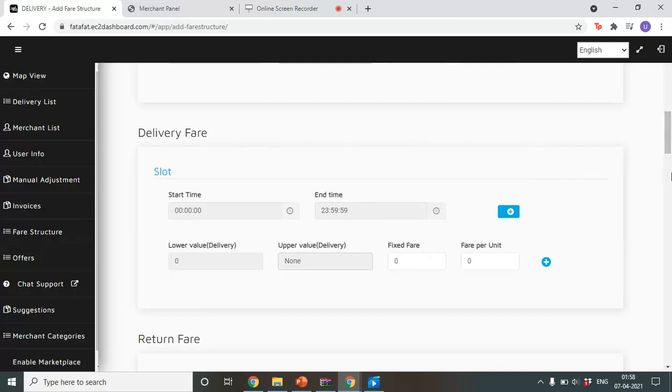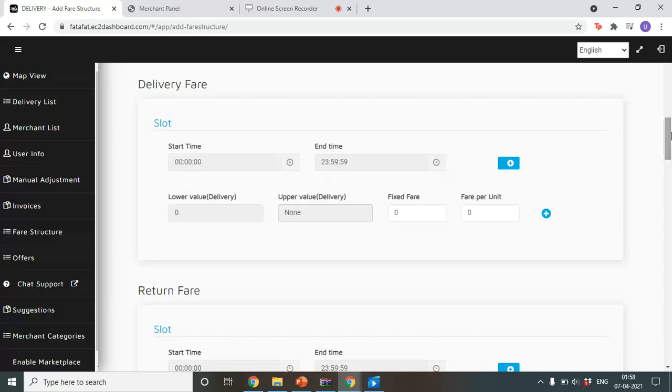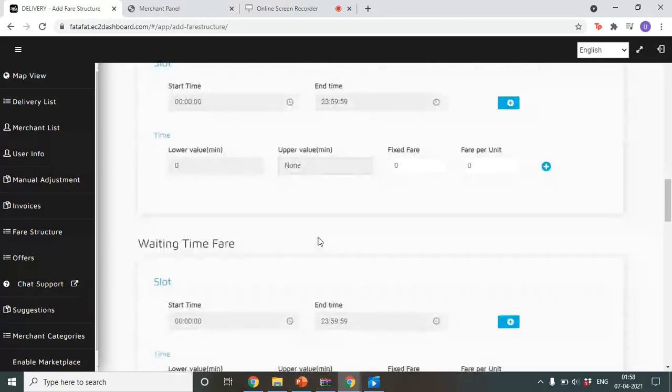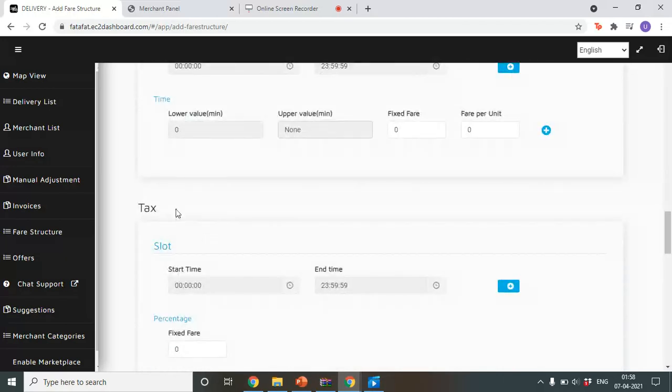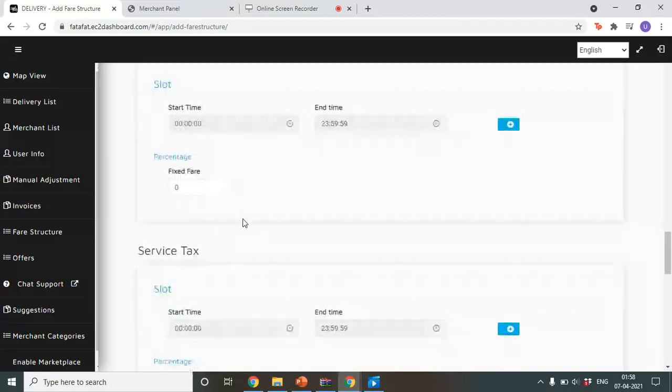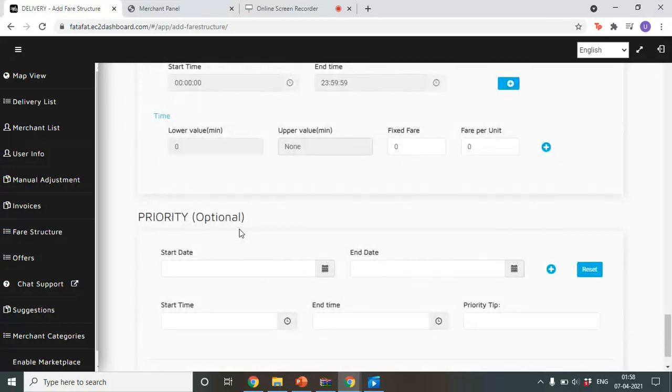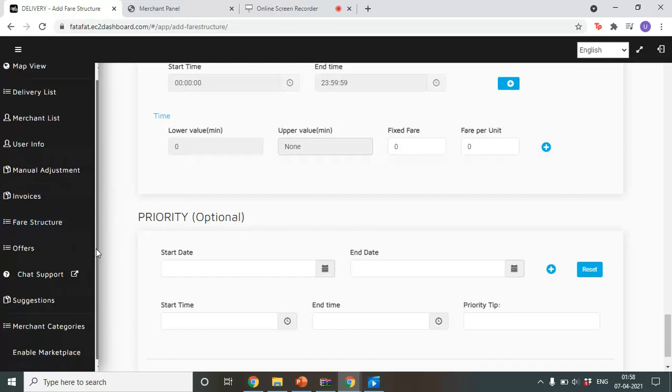So you have to input all the amounts as per your requirements. Then return fare, waiting time fare, then the appropriate tax applicable on it, the cancellation charges, priority, which is optional.